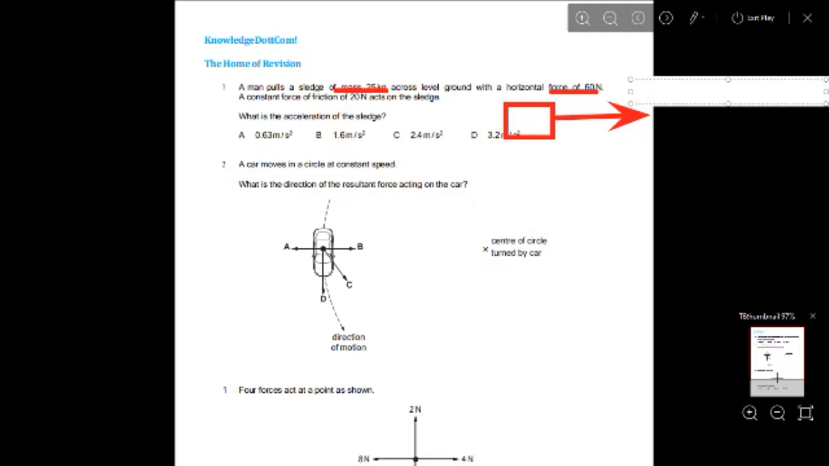60 Newton force is acting on it. A constant friction force of 20 Newton is acting in this direction. I'm going to put it like this. What is the acceleration? So